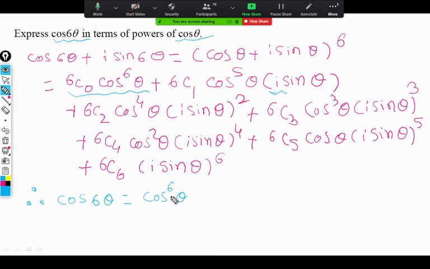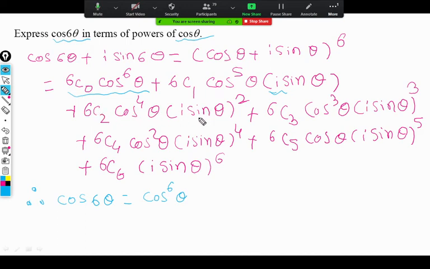The question will be in complete form. It may be using De Moivre's theorem, so that is missing in the question here. But if not, you should understand you have only De Moivre's theorem to prove these identities. Okay. So that is a raised to 6 plus 6C1 a raised to 5 into b. b is i sin theta, so this is imaginary. So ignore that.